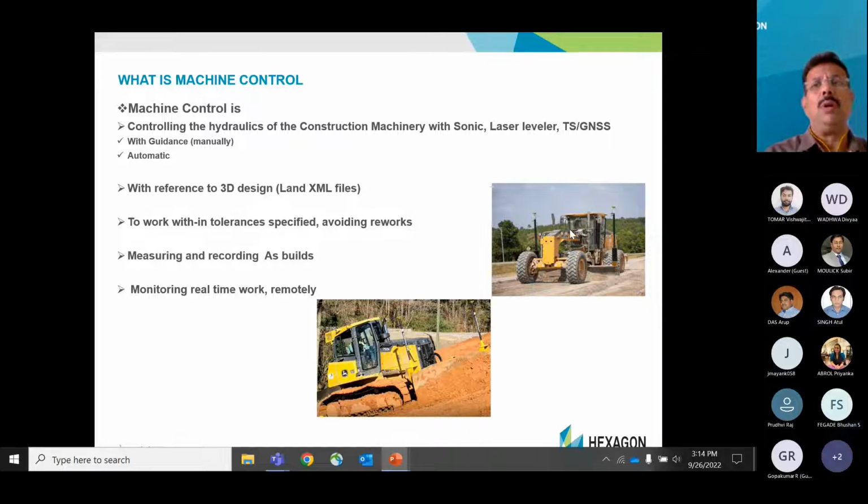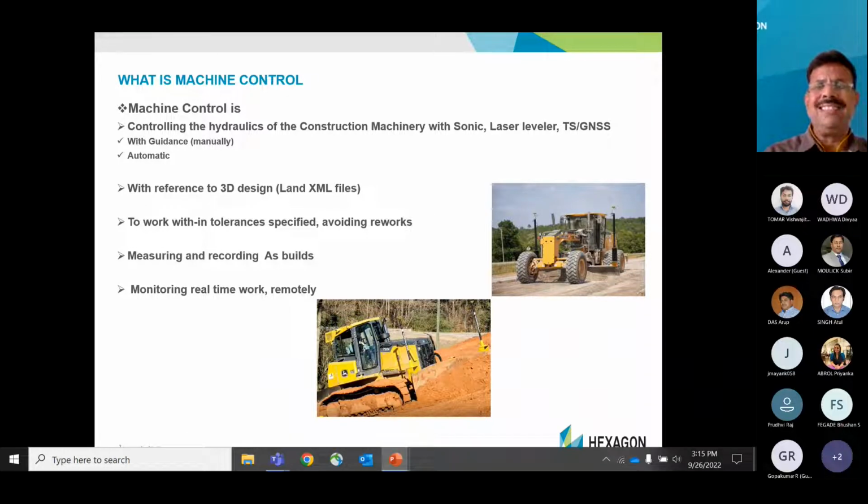Whereas in the case of a motor grader, you need to go with the automatic one. The system comes with a proportional valve fitted in parallel to the machine hydraulics. Everywhere we'll have a T-joint at the pressure point, at the load sensing point, at the tank return point, and also at the hydraulic jacks in and out on both sides. So in this case, the Leica system that we are installing reads the 3D design and understands